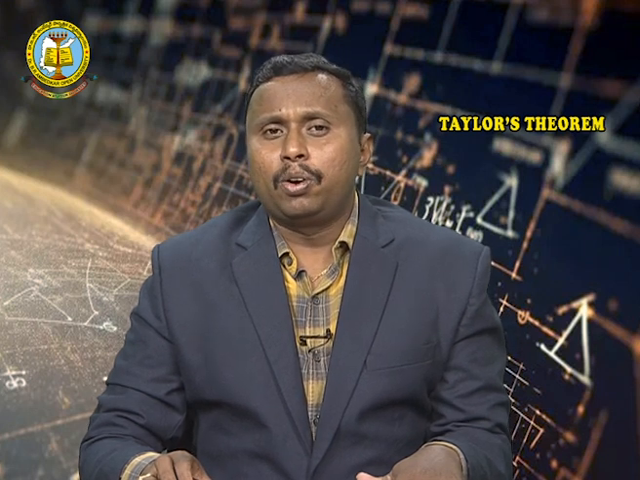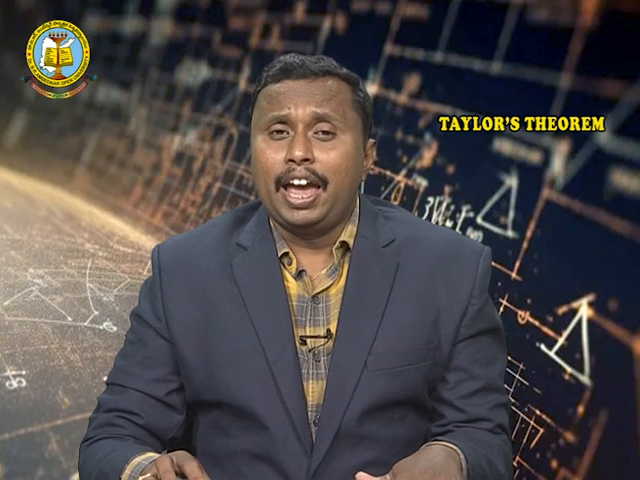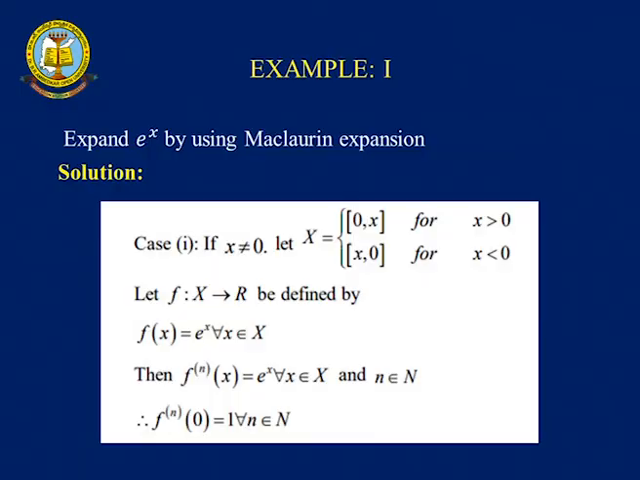So, now we are going to expand e power of x using the Maclaurin series. Let us take the first case. If x is not equal to 0, let us take the set capital X equal to the closed interval [0, x] when x is positive, and the interval [x, 0] when x is negative. Let f be a function from S to R defined by